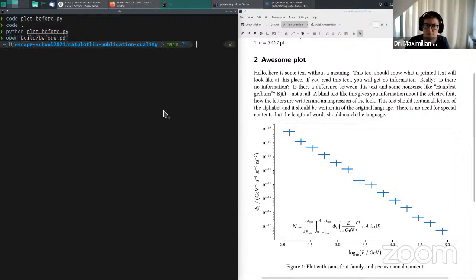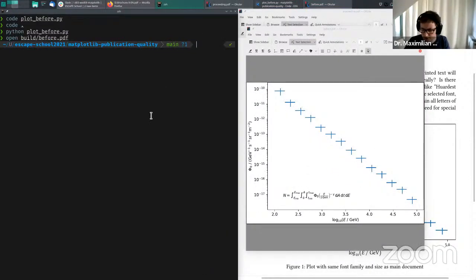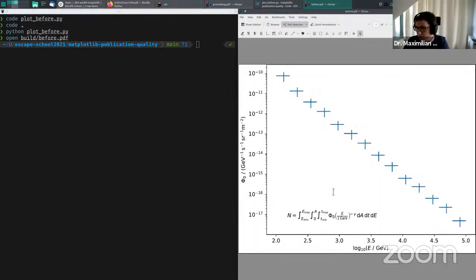So this is before.pdf in the build directory, and this is how it looks. We have a rather large plot, and we are using a sans serif font. This is, I think, the DejaVu fonts, which are the default on Linux. And the math looks okay, but this is not really what we are used to from LaTeX, right? This is some sans serif math, and it looks not as great as LaTeX, and it for sure doesn't match